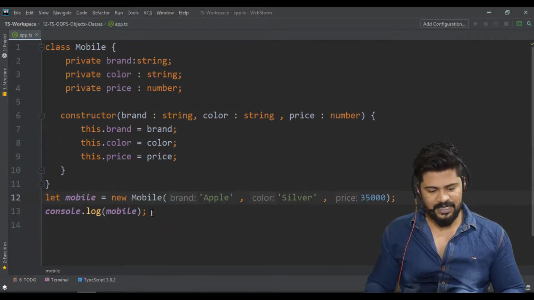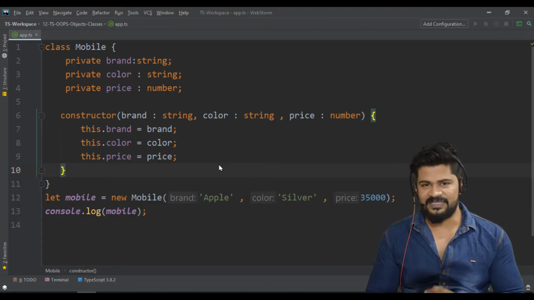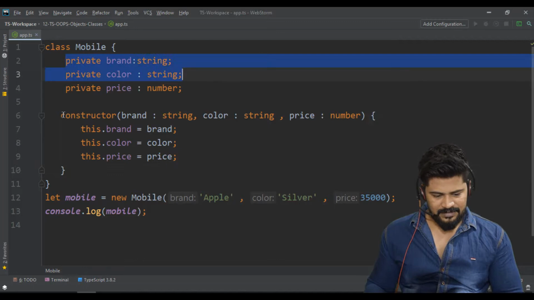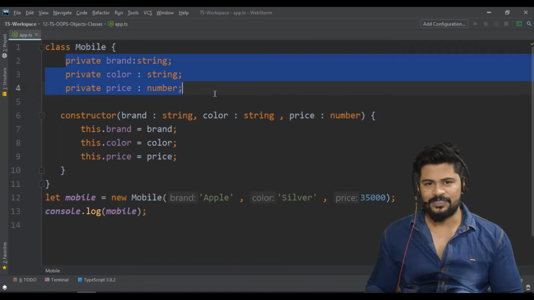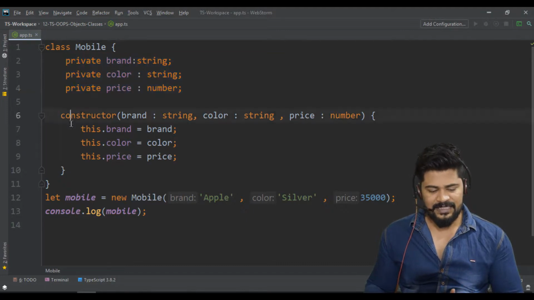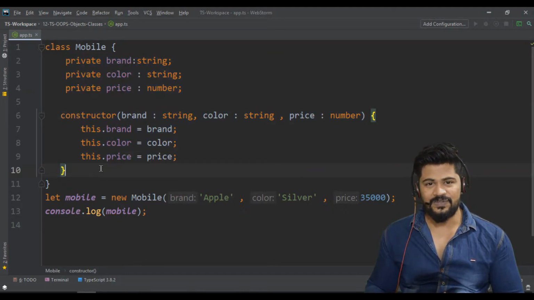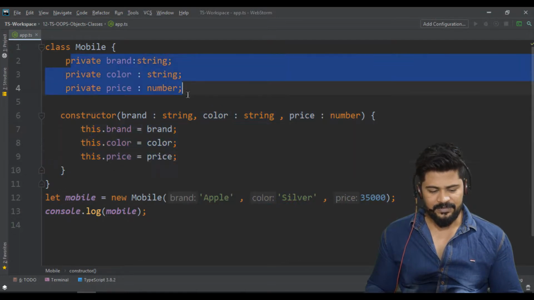So this is how you create an object in the object oriented programming system. OOPs programming, you're going to create an object like this. So here are the brand and the constructor. The class is just like a blueprint, and we have some properties to contain in the object. So whatever objects you create, these properties will exist. And the constructor is a special function, and it executes the moment you create an object. Whenever you say new mobile, it calls this constructor. The values you have provided are taken over here, assigned to the local variables, and when you print the object, it comes with all the values.